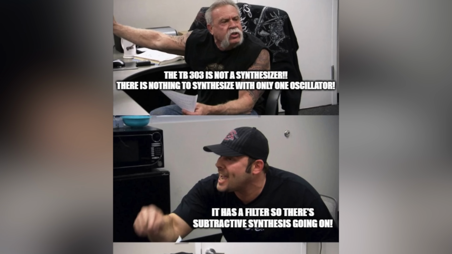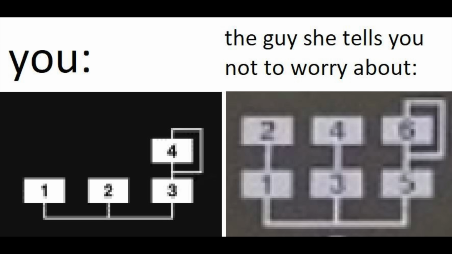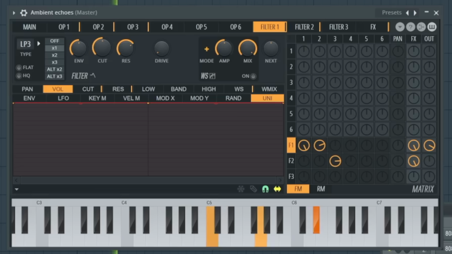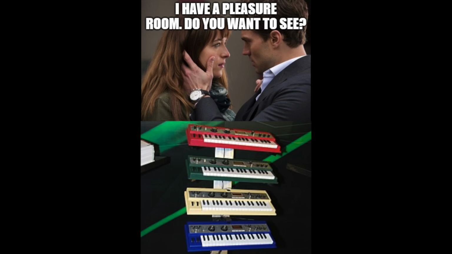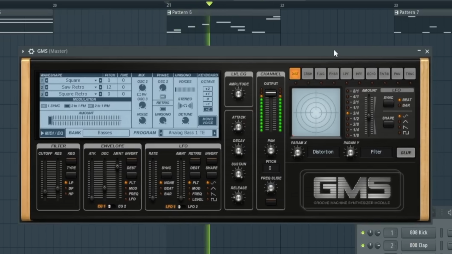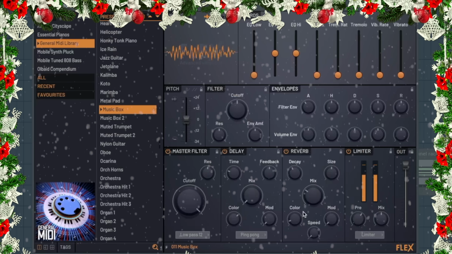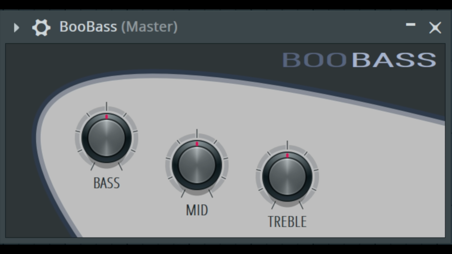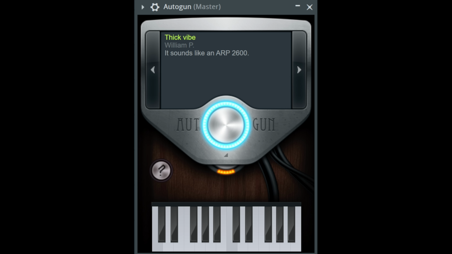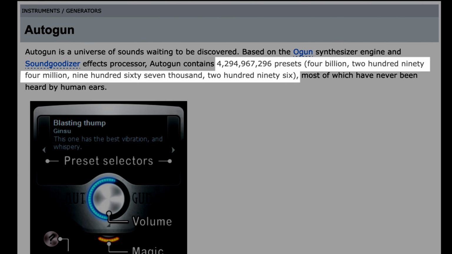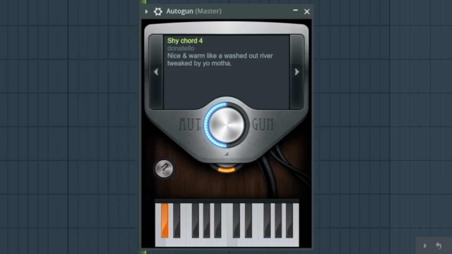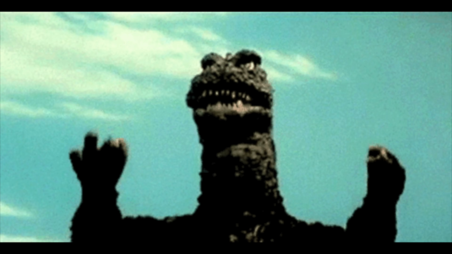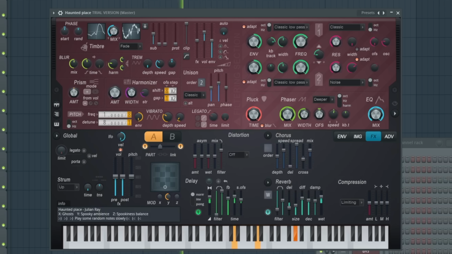Citrus is an FM subtractive hybrid that eats Ableton's Operator for breakfast, 50 Shades of VA, Rompler, and meme synths like Kubase and Autotune with its 4,294,967,296 presets might distract you from monsters like the Additive Harmor.